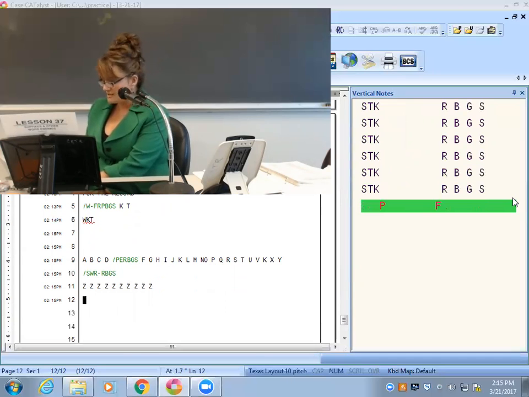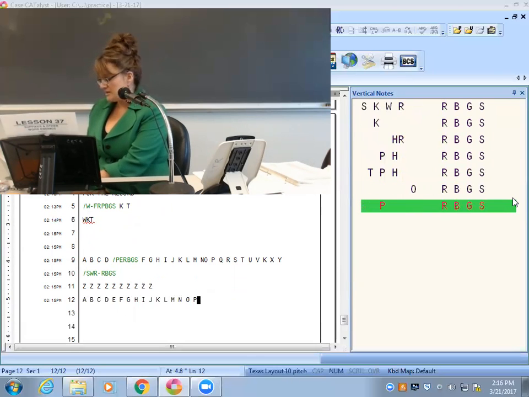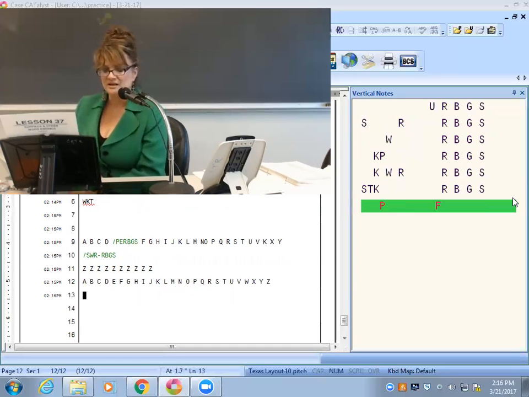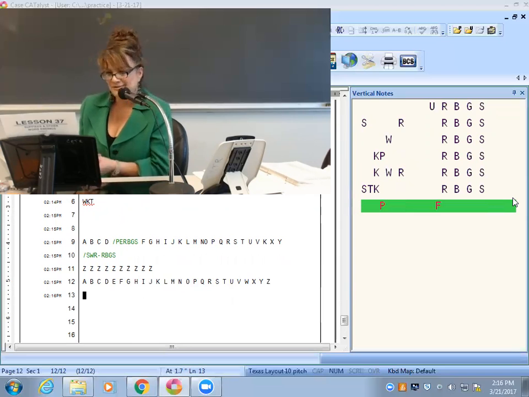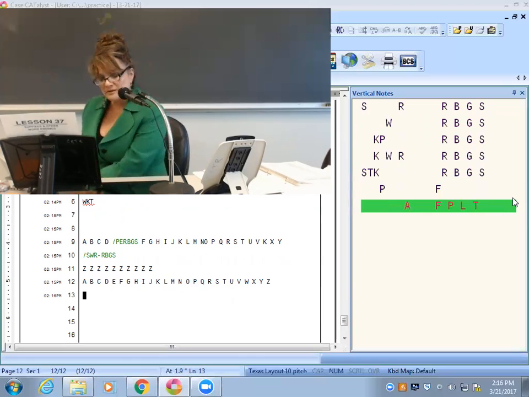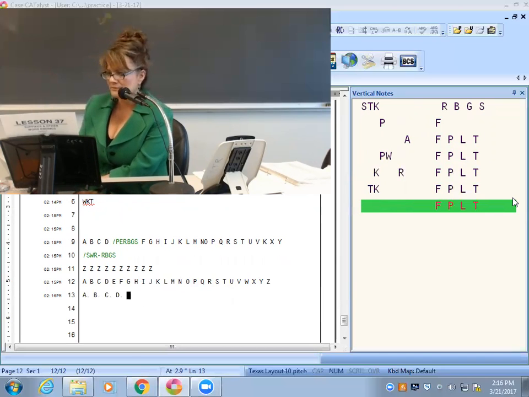But just practice it all the time. A, B, C, D, E, F, G, H, I, J, K, L, M, N, O, P, Q, R, S, T, U, V, W, X, Y, Z. Okay, so just practice it. And that's good practice. So when an acronym comes out, you're not going to hesitate because you're like, I don't know how to use the alphabet. So just practice it over and over. Or you could write it with the period. A, B, C, D, E, however you want, but just practice it. It's always good, like maybe for 10, 15 minutes as a little warm up. Okay, any questions, Jen? No.